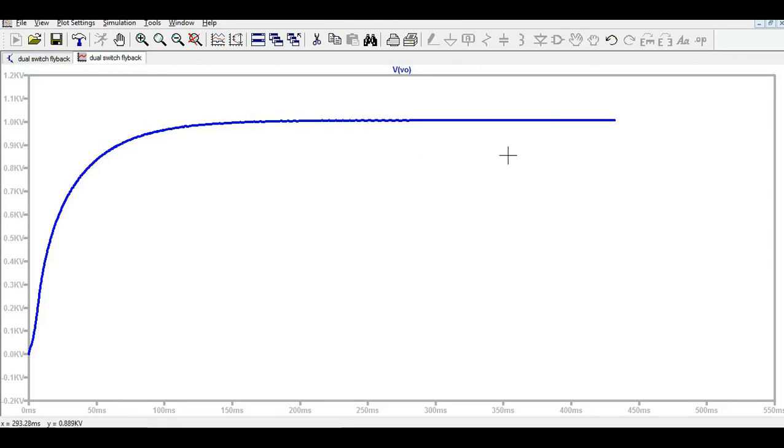So if you see here, at this time I am getting the stable output. Let me check what is the output. Okay, so if you see here, the output is exactly the 1000 volt. If you look at this point here, I'm probing my cursor here and I can see the